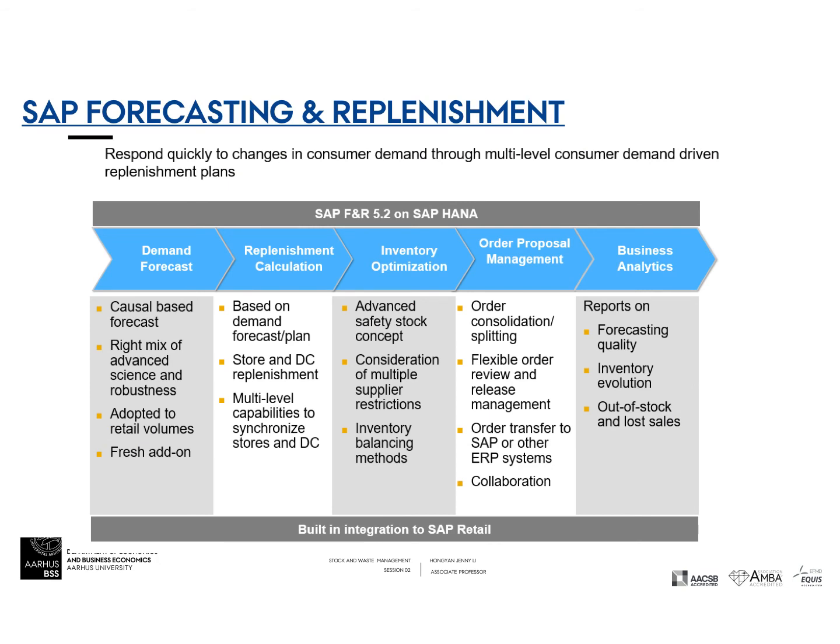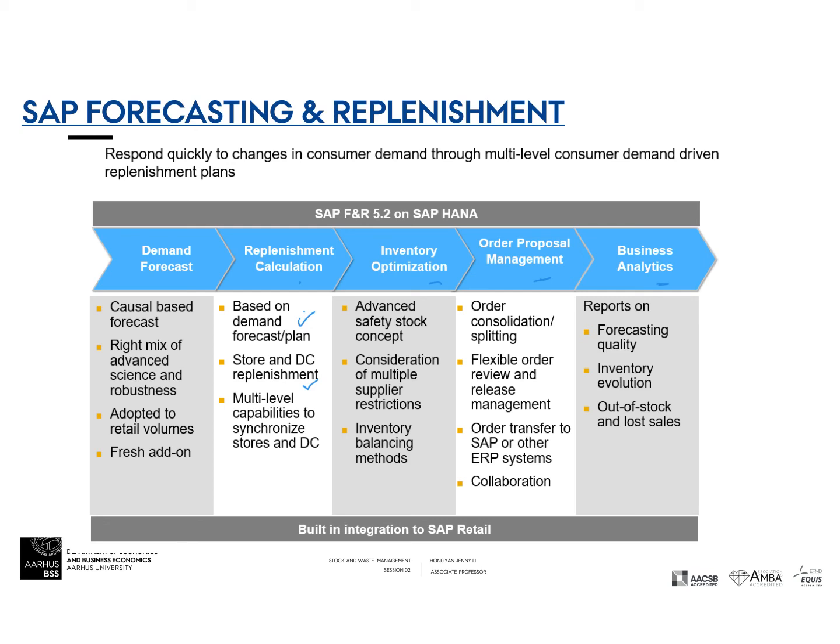So from this picture, you can see the forecasting and replenishment process in an information system. The decision starts from demand forecasting and then a replenishment calculation, then optimizing inventory policies, then placing orders and then doing business analytics. In the replenishment calculation, based on the demand forecast and plan, store and distribution center replenishment should be planned,